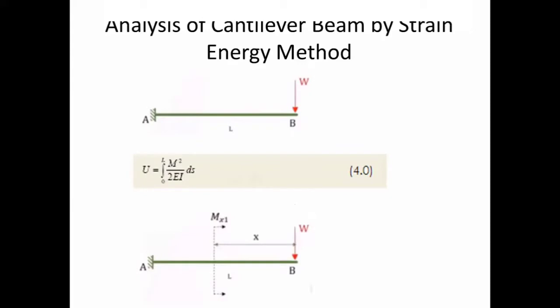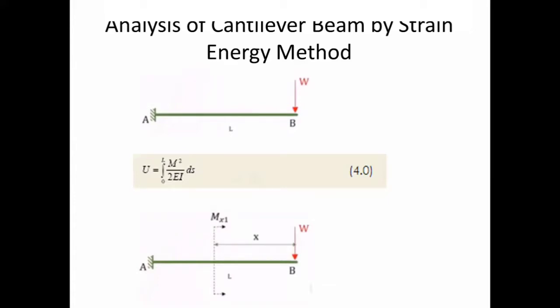I have my cantilever beam which is subjected to point load at free end, and I have to analyze it using the strain energy method. Analyze means find out the deformation, then draw its SFD and BMD. So drawing SFD and BMD is simple because this is a statically determinate beam. But what are the actions induced in the beam? For that we need the strain energy method.